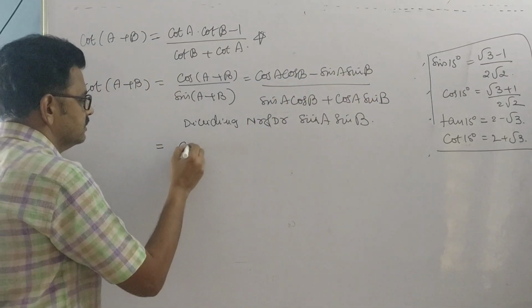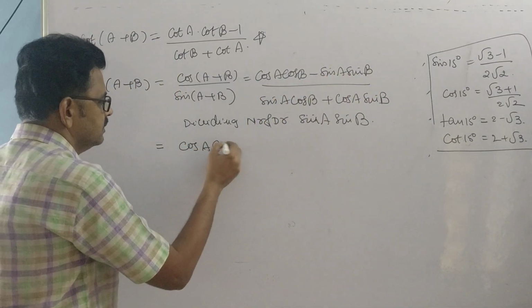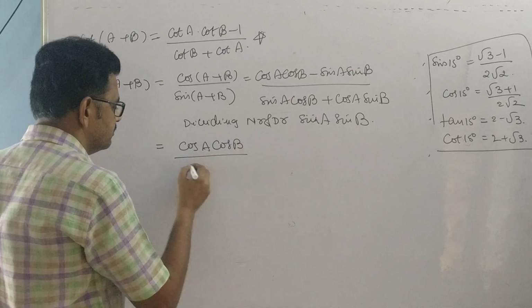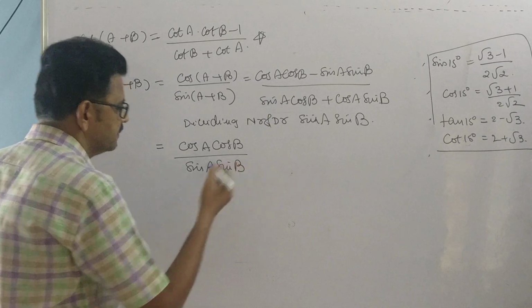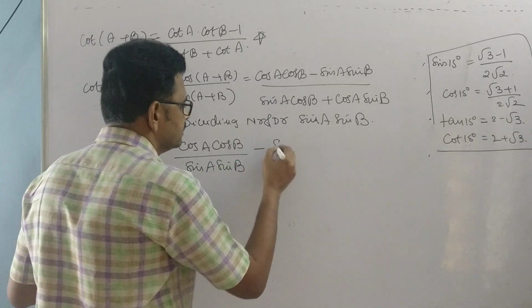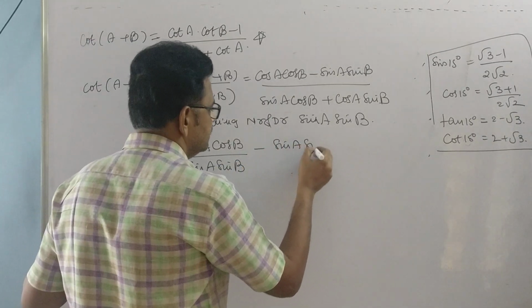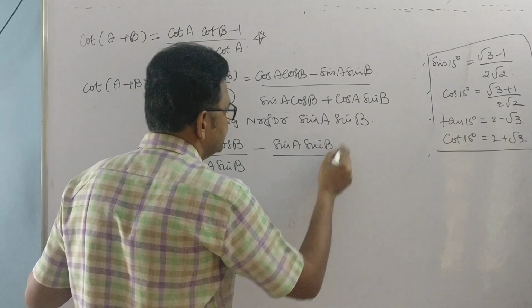So this is cos A cos B by sin A sin B minus sin A sin B by